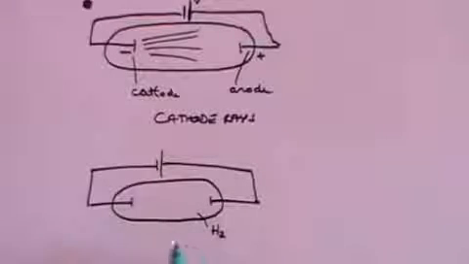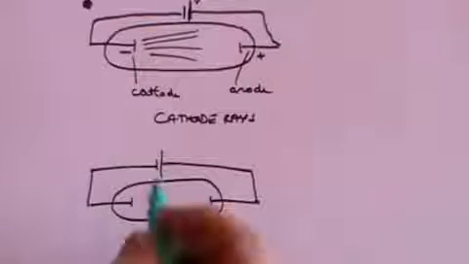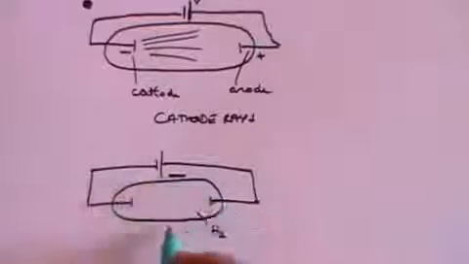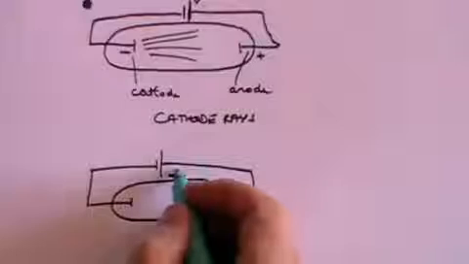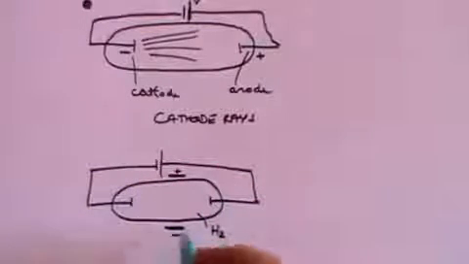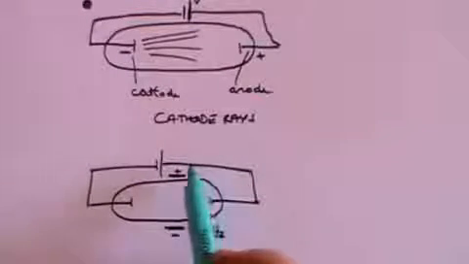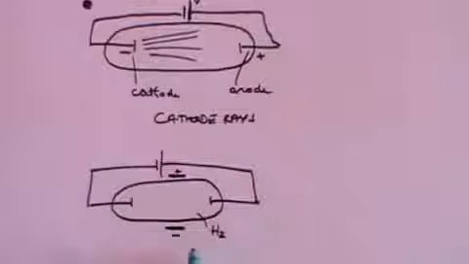But what J. J. Thomson did was he put two more electric plates on either side of the tube, such that this plate was positively charged and this plate was negatively charged. Essentially, you just connect those two plates via a battery, and